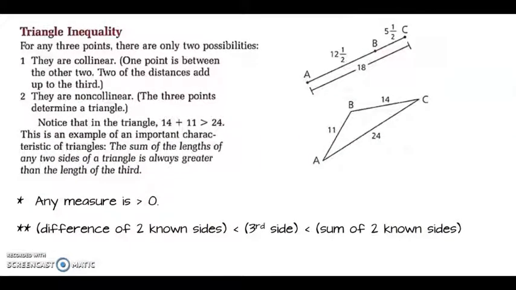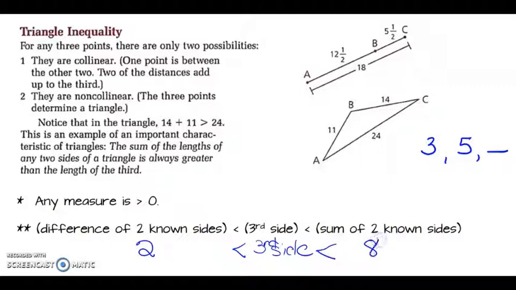The triangle inequality theorem says that if you know two sides of a triangle, and I'm going to just make up some numbers here, 3 and 5, then the third side would need to be larger than the difference between the two, so 5 minus 3 is 2, but smaller than the sum, so 5 plus 3 is 8. So I could have a triangle that would be 3, 3 and 5, 3, 4 and 5,